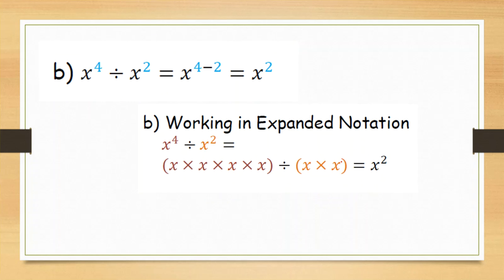Next example. So if we have x to the power of 4 divided by x to the power of 2, when we divide, the rule is that we take away. So 4 take away 2, so we get x squared. How it works, x to the power of 4, we've got 4 x's, so x times x times x times x, divided by x squared. This cancels out. So we just end up with x squared